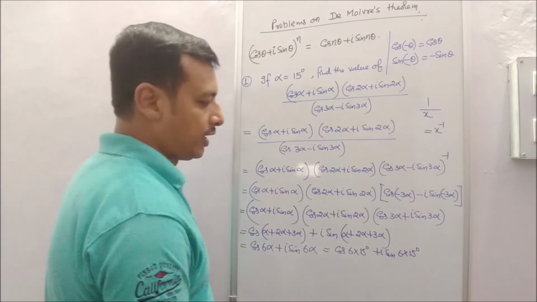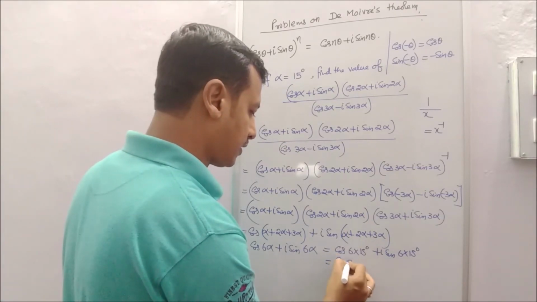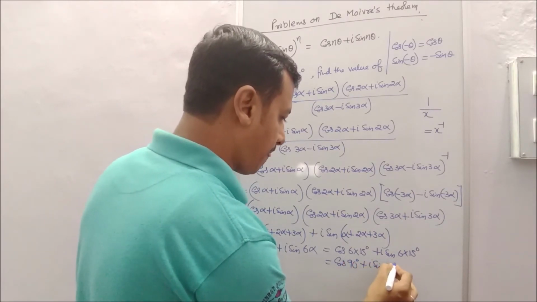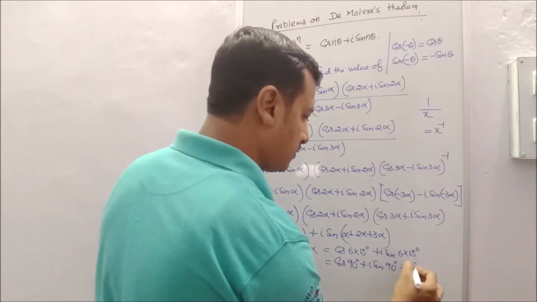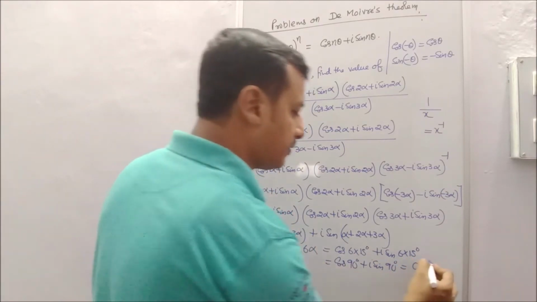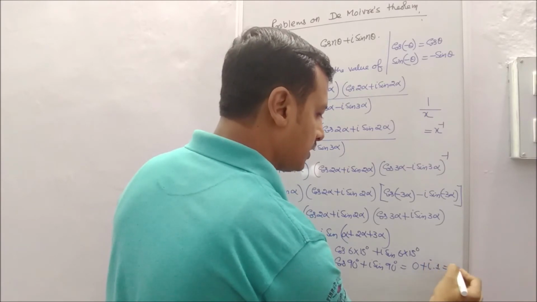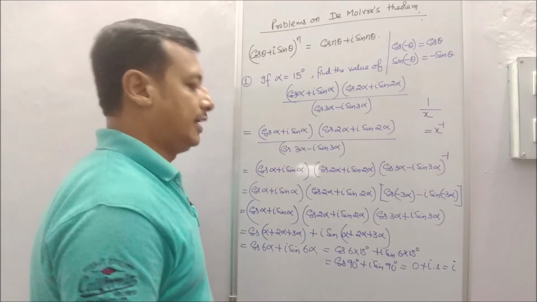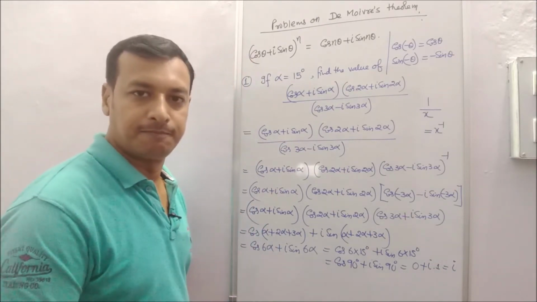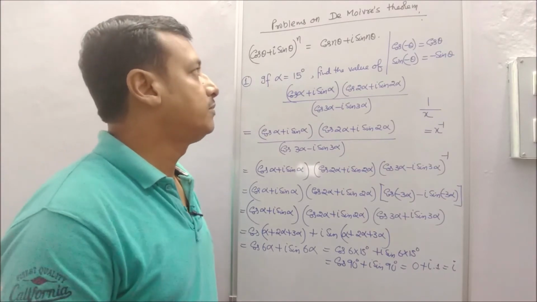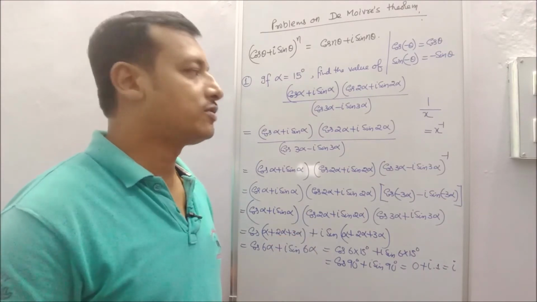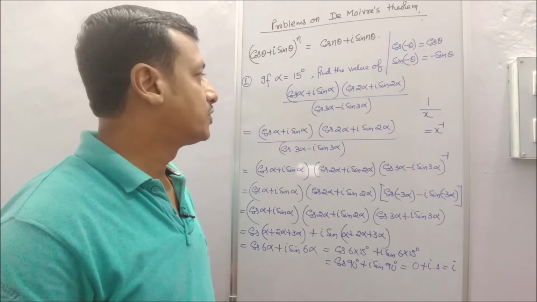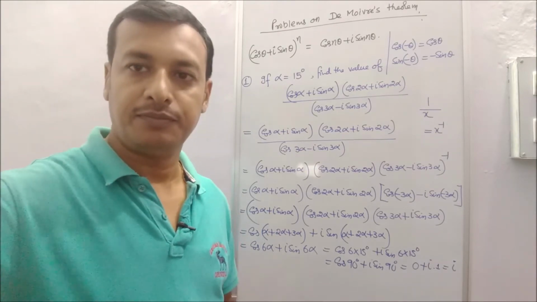So it is cos 90 degree plus I sin 90 degree. Cos 90 degree is 0 and sin 90 degree is 1. So the value of this equation is I. Now using de Moivre's theorem, we can easily solve this. So the value of the above equation is plus I. The next problem is,